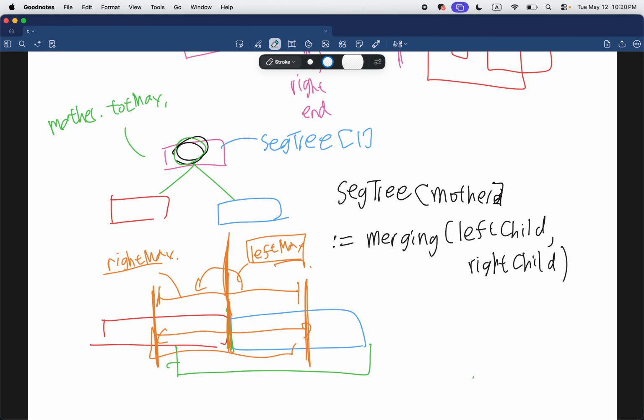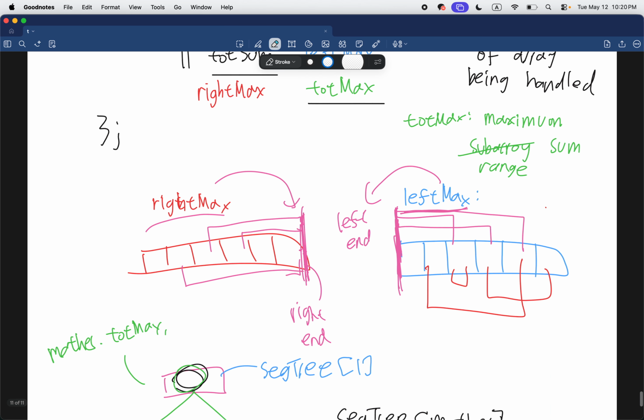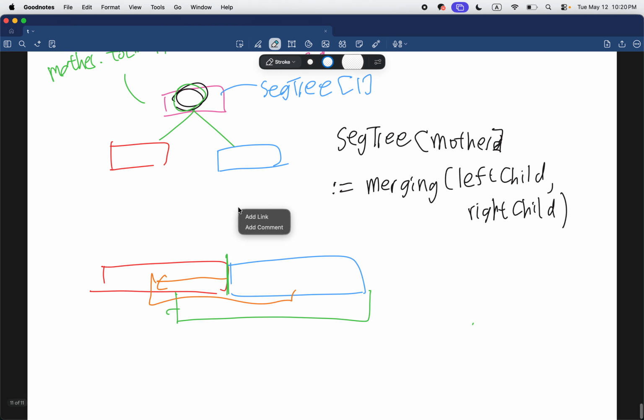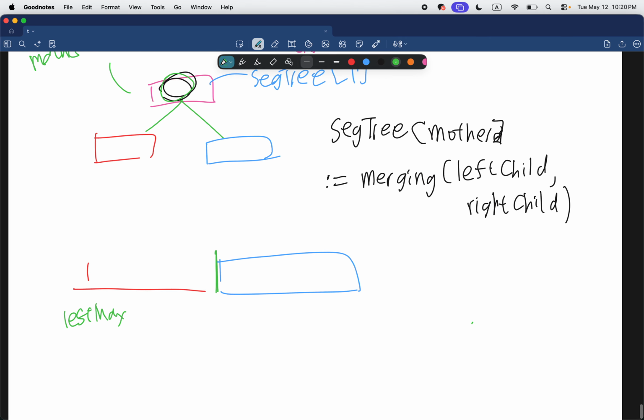Okay, so if we got that out of the way, why would we also include a total sum value, right? Because remember, our struct also had a tot sum specifically. Well, this also has something related to the fact that the left max and the right max